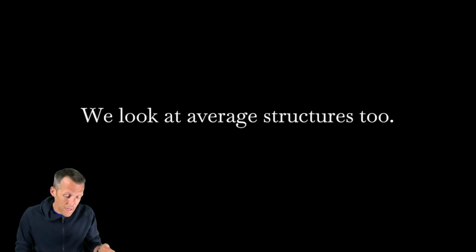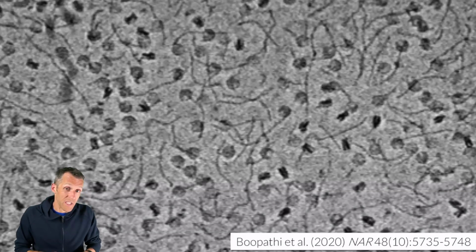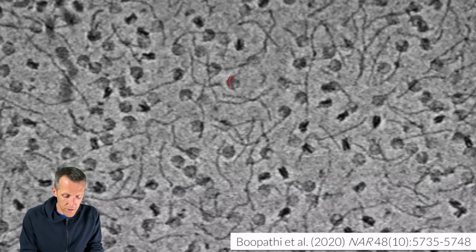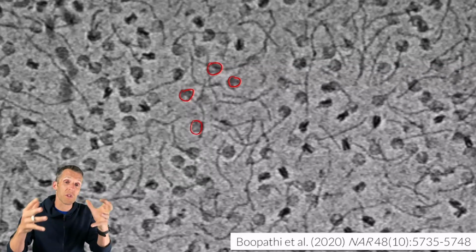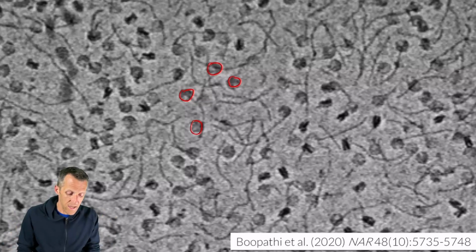And in fact, when we look at averages, you can actually see this sometimes explicitly. So this is a really fun example. This is using the technique of cryo-EM microscopy. And what the researchers have done is taken a bunch of cryo-EM images of circles, which are nucleosomes, these large protein particles that bind to DNA. And then these nucleosomes have DNA coming off it. So that's what these long chains are here. And what they wanted to do was figure out, well, what's the structure of the DNA in the nucleosome? How did they do it?